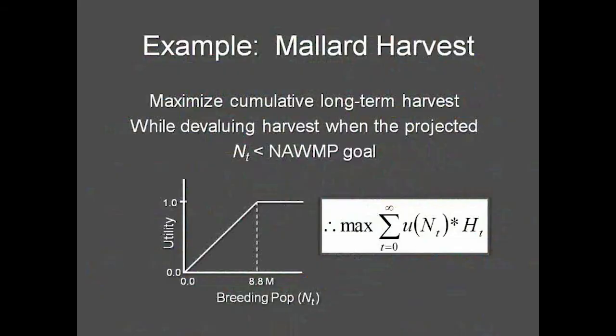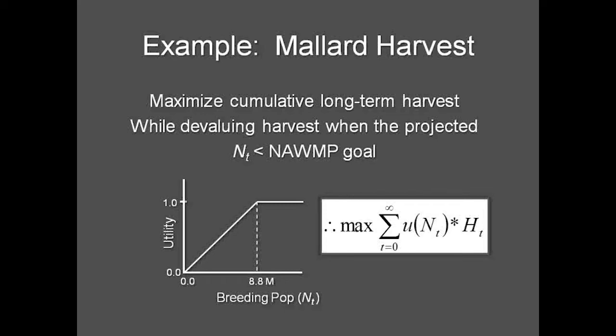So let's look at this in a different way, graphically. The way to do this, to combine these, is to discount the value of harvest when we're below the North American Waterfowl Management Plan goal, and to consider that for all years out into the future. Now what we've done is we've maximized the cumulative long-term harvest. We've made sure that the ducks will be around into the future because, of course, if our duck population goes to 0, our harvest will go to 0. And we've also discounted the value of the harvest when the population size is below the North American Waterfowl Management